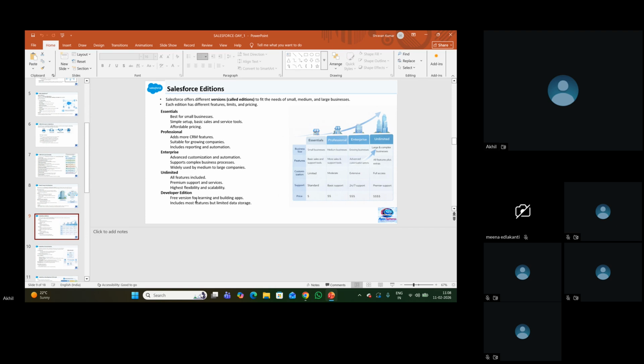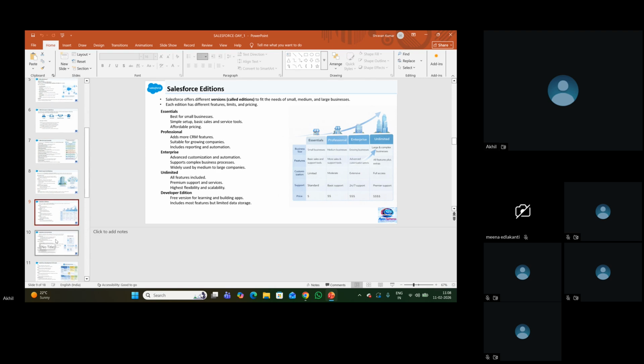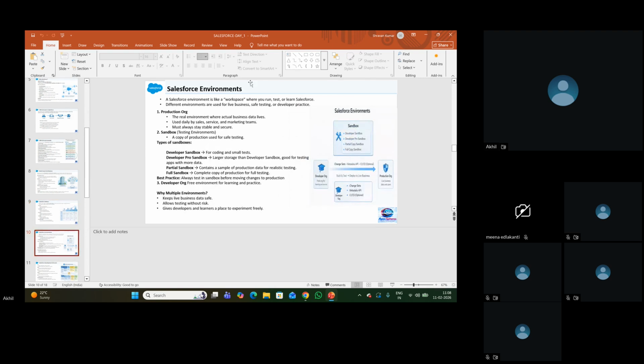If we are really interested in that, we are like a lead for Salesforce. We'll use that, and once we like it, we'll purchase the application. For any application, we have trial periods, right? In the same way, Salesforce also has that. This developer edition is a lifetime free one, but it has a data limit on the server.